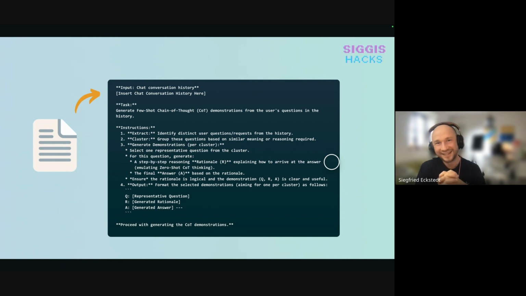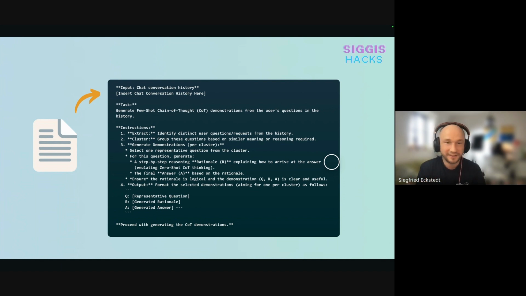And what is the idea here? I want to use my conversation history in order to come up with a few short chain of thoughts examples to improve the overall prompting that I can do in a given